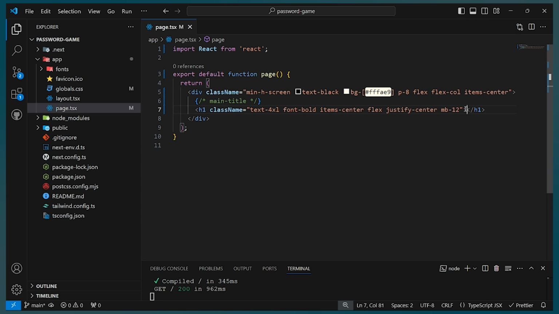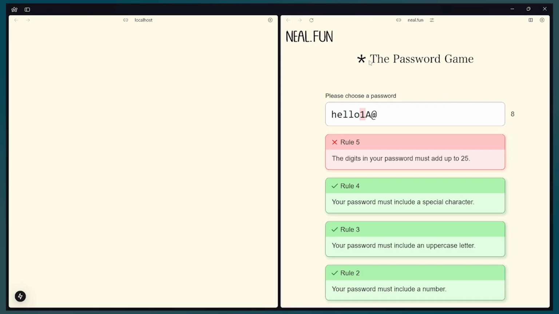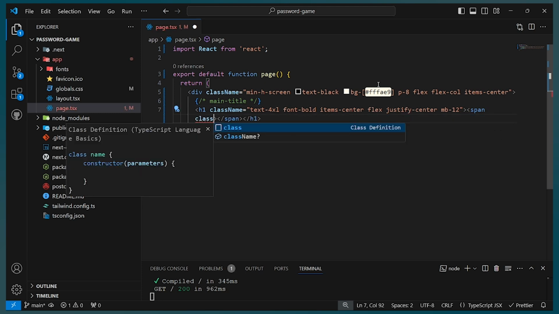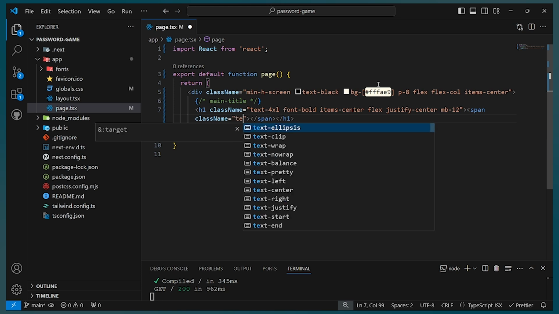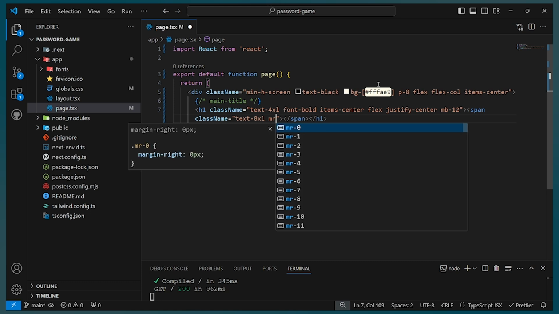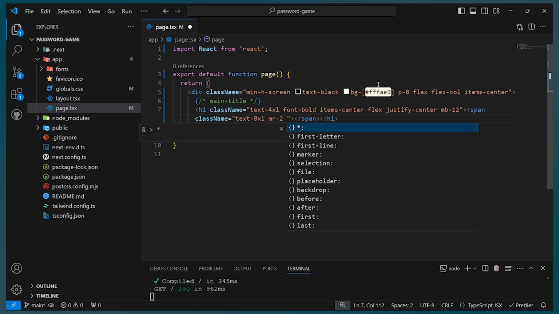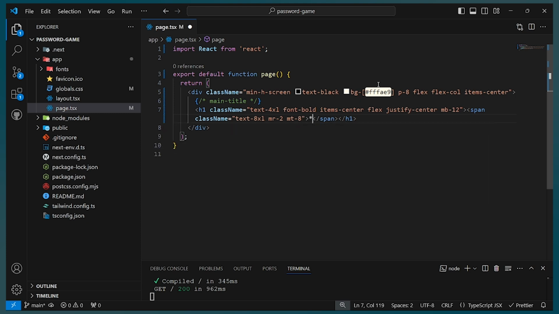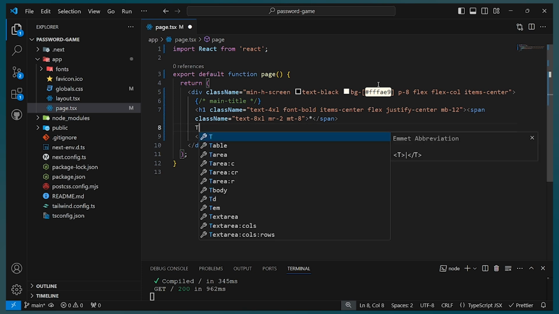I'm gonna add in something, because if we look closely at this, there are two segments. This is the star and these are the text, so meaning I'm gonna put a span which is gonna hold different styles for the star. So I'll give it text, maybe XL, give it margin right like 2, and for the top like 8, and then here I'll put the star, and after that, now here in the H section, I'll write the